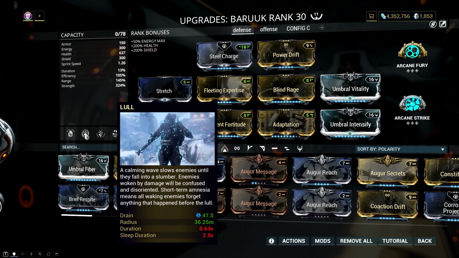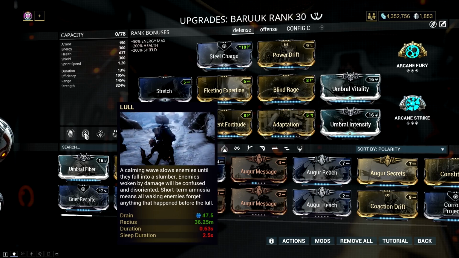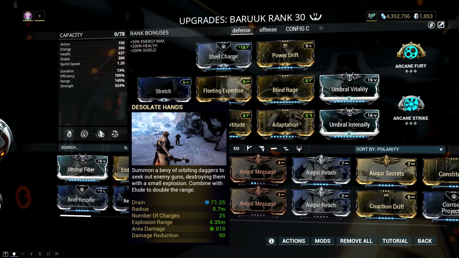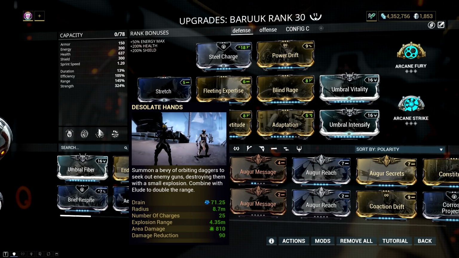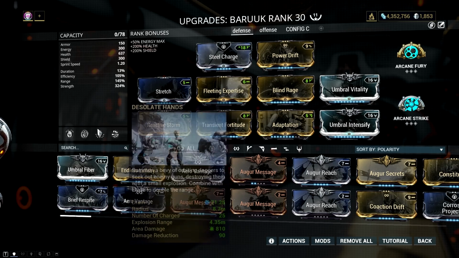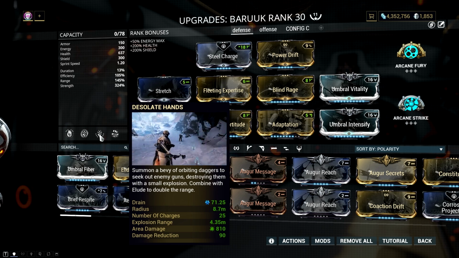To make it short and simple, we spam this ability until we are satisfied with the result. Also, Desolate Hands can help erode our restraint bar, but its main purpose is to give us damage mitigation. Just remember that each dagger provides a 10% damage reduction, which means you need to keep at least 9 daggers floating on your BARUUK to get that